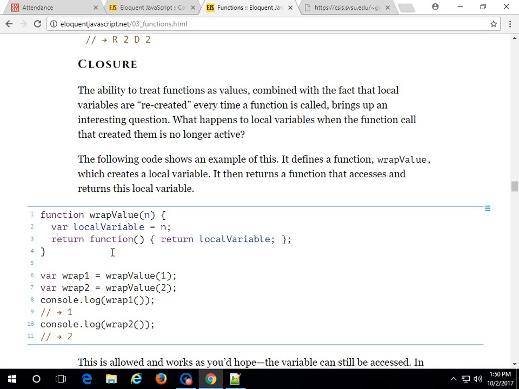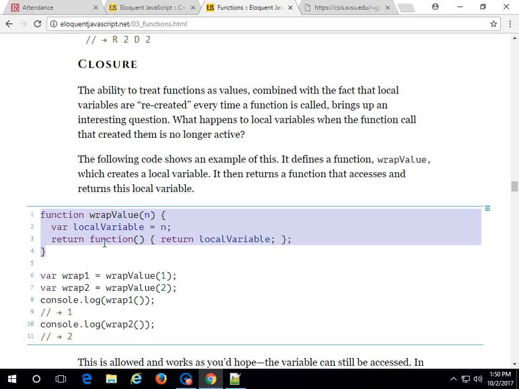I think you're onto it, but here, we have a function and it has a name. The function is named wrapValue. We've declared this function, we've defined the function, right? We know what the function does. If I run wrapValue, you can see the lines: wrap1 gets wrapValue of 1, wrap2 gets wrapValue of 2, console.log wrap1 and wrap2.